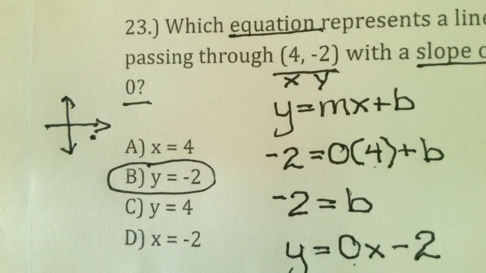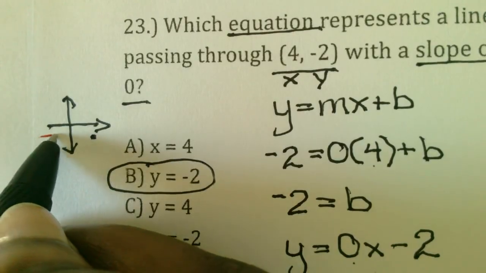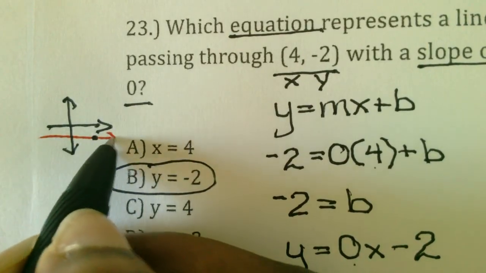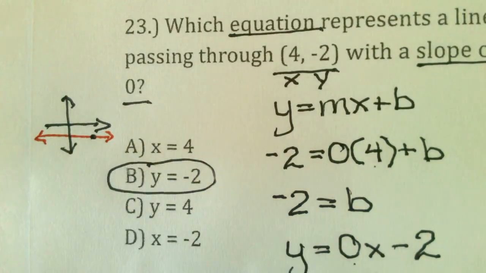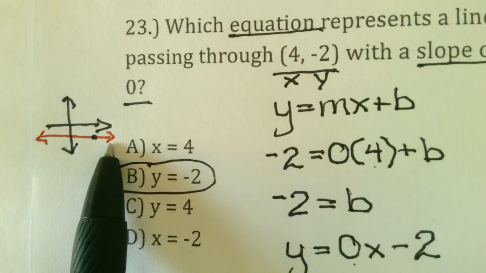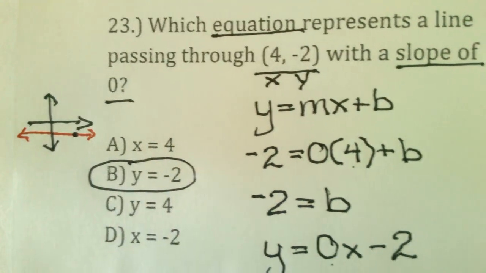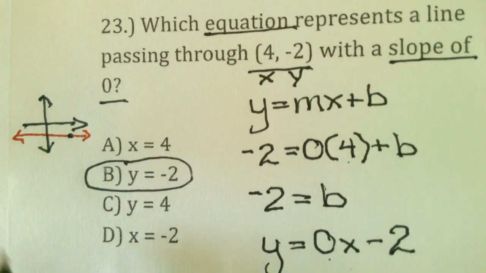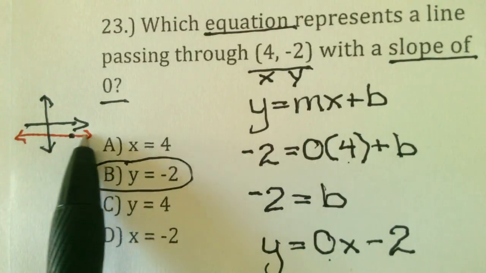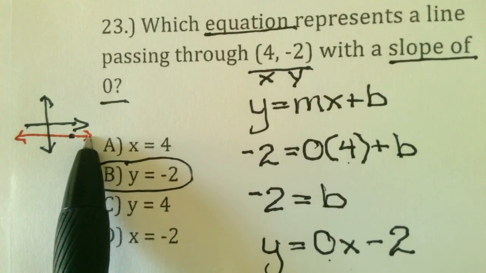And if I have a 0 slope, that means my line is going to be horizontal every time. 0 slopes are horizontal. Undefined slopes are vertical. But since we're looking at a slope of 0, that means I'm going to have a horizontal line. And horizontal lines only cross through the